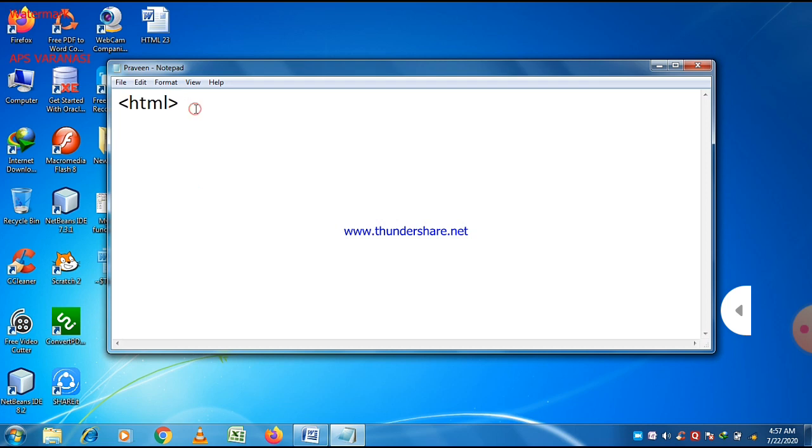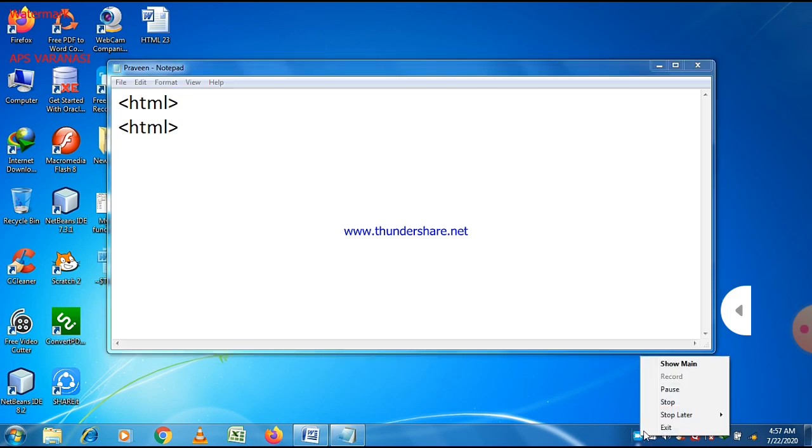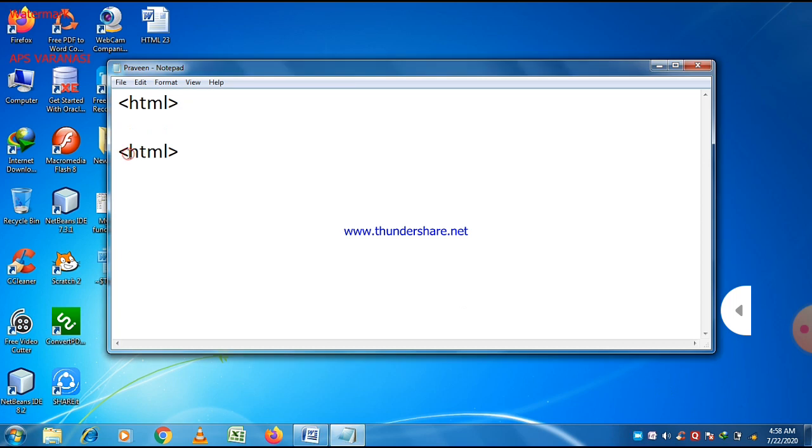So the open tag is here, then close HTML, and within the HTML tag you can write the program. And then second, our main tag is the body tag. So this is the body of the program. Then close the body tag here.